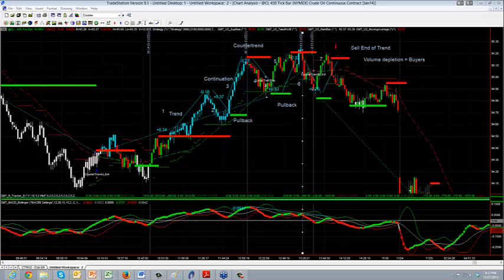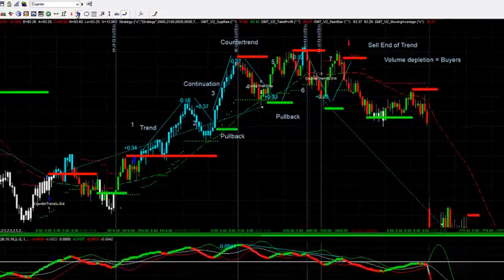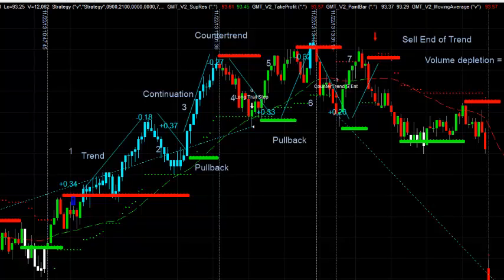So I broke it down into phases. Basically, I was looking for charts and looking for settings that presented a trend initially. So for those of you who are familiar with the trend trader, that would be breaking resistance. So here we have that break of resistance. We move into a trend with the cyan candles or price bars. And this would be what I would call a phase one of our trend move.